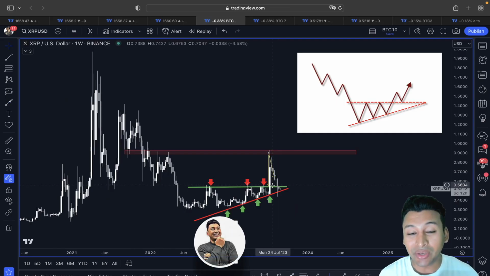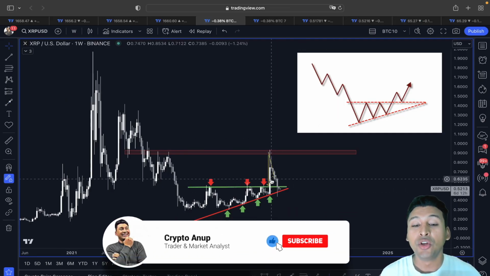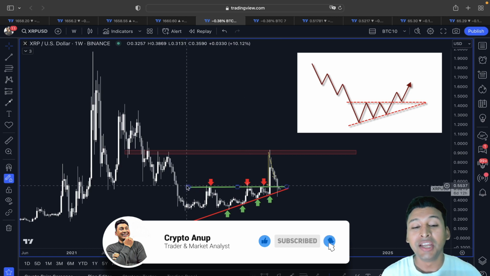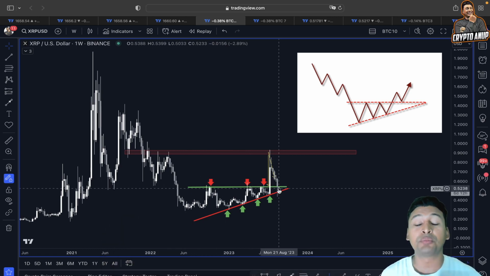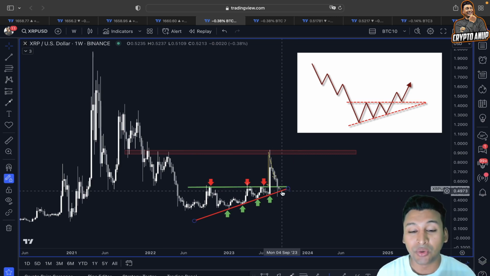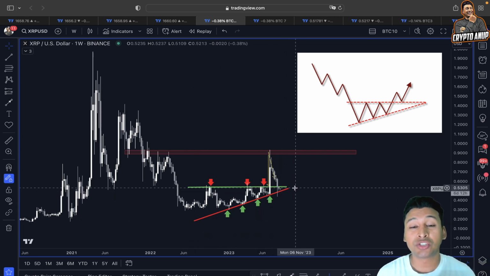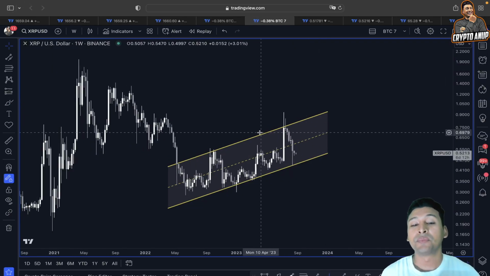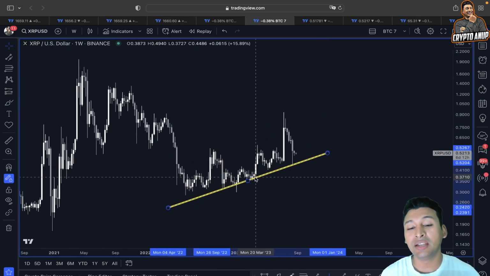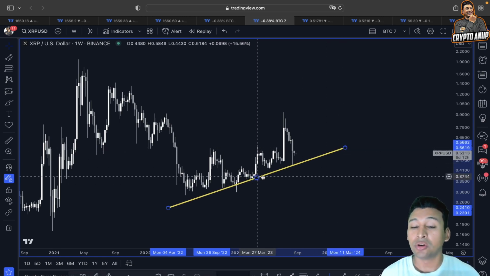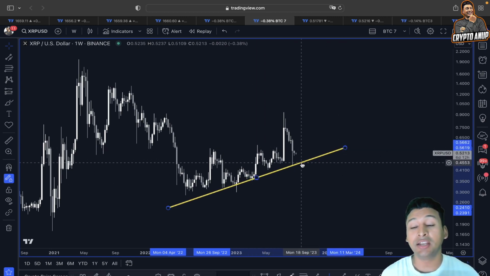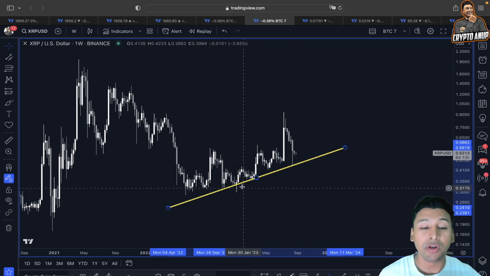And now if we look at this XRP in a weekly time frame, we are below the resistance line. This line which previously acted as a resistance was supposed to hold the price. We failed, and now we are going to test the support from this lower trend line. And if we look at this exact scenario in a bit different way, you can see guys, this lower trend line for now is considered as a line of support, or also the line where we could be getting attracted again around 44-45 cents.